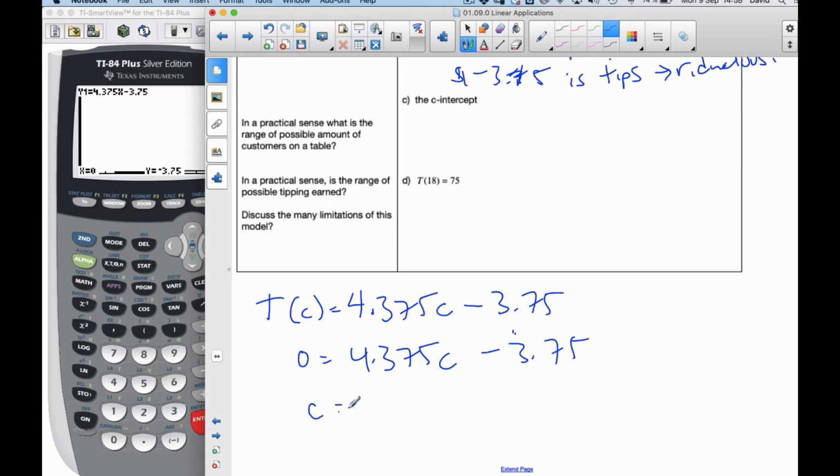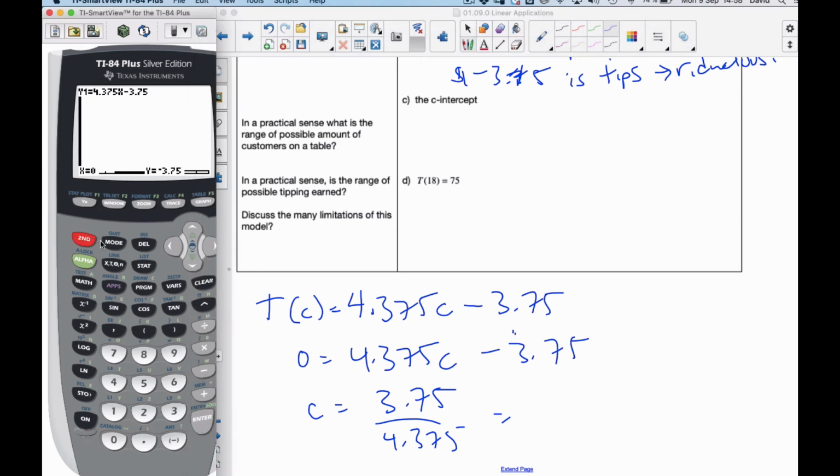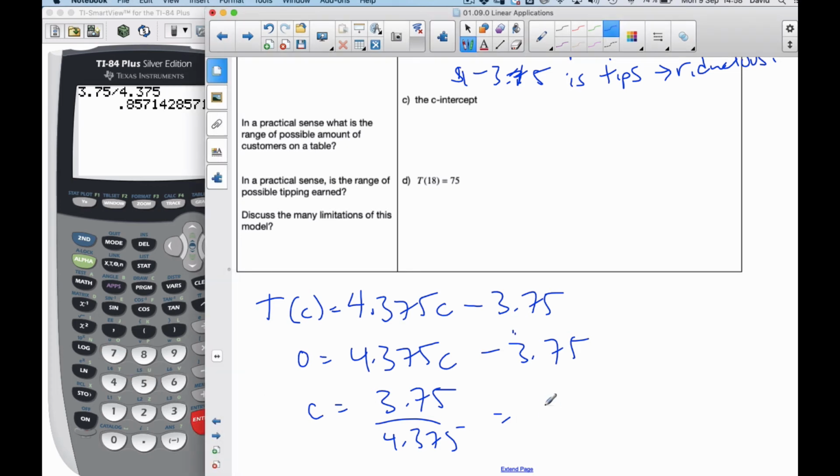I'm going to move this over, 3.75, and then divide by the 4.375. And when I do that, 3.75 divided by 4.375 ends up being 0.857